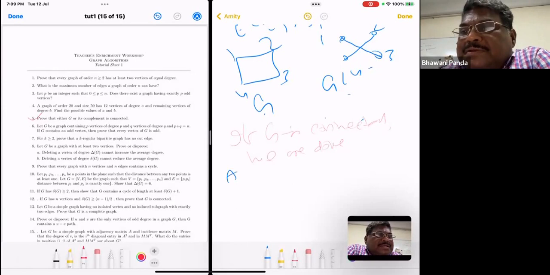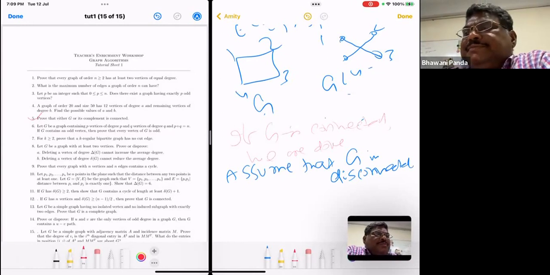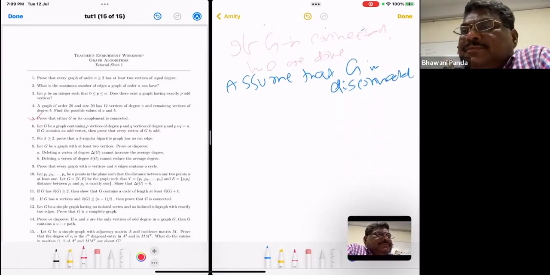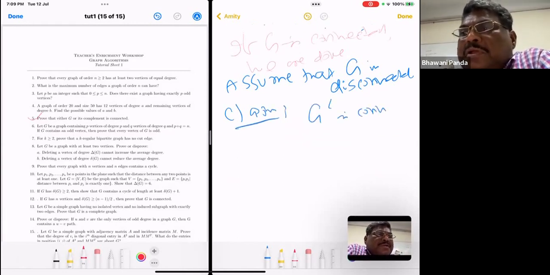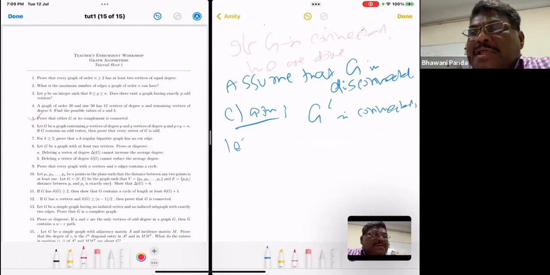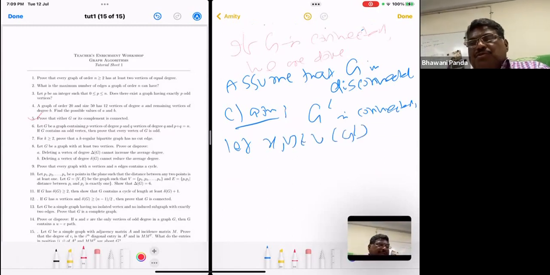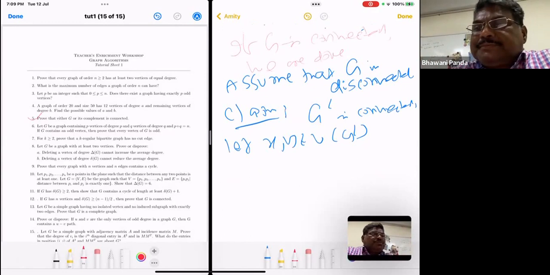So assume that G is disconnected. What you have to show next is that G complement is connected. So let x, y belong to V of G complement. Right. So case 1,